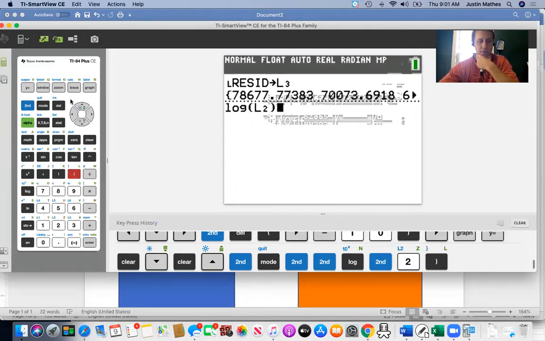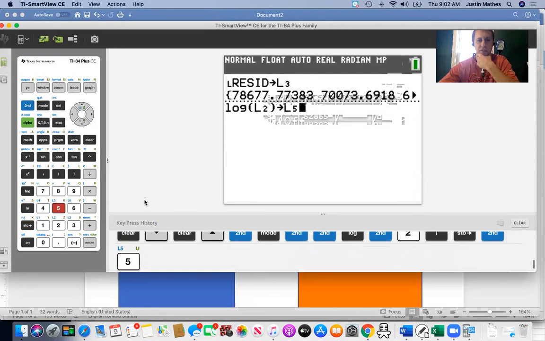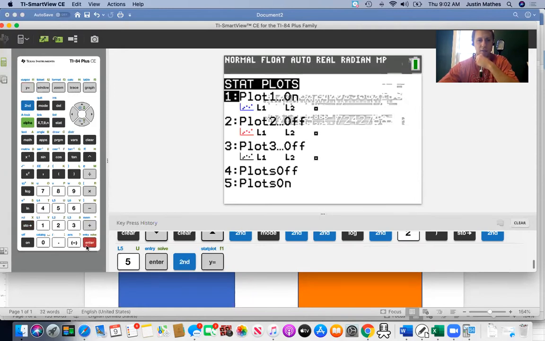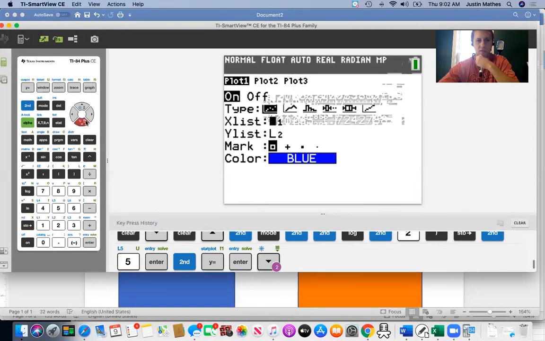L3 has my residuals. I'm going to want my log x values in L4 eventually, like the x first and the y. So I'm actually going to store this in L5. Okay, so I'm going to log all my y values, store it in L5. Now I'm going to graph my normal x values, and then I'm going to graph my logged